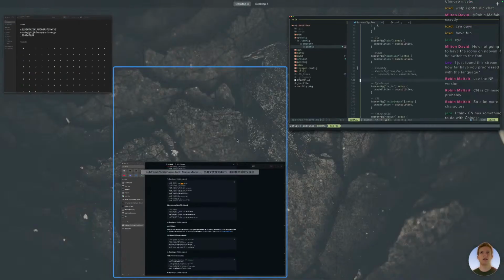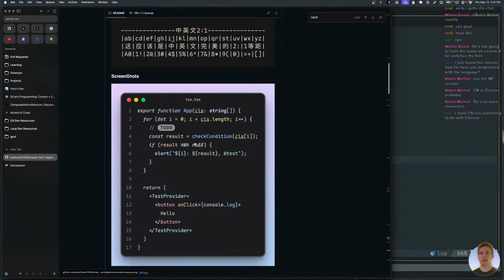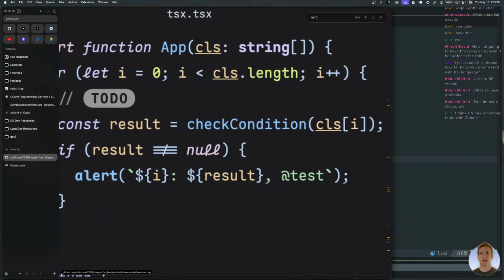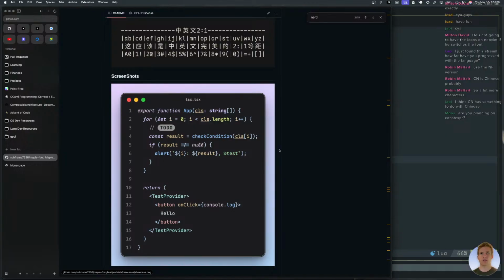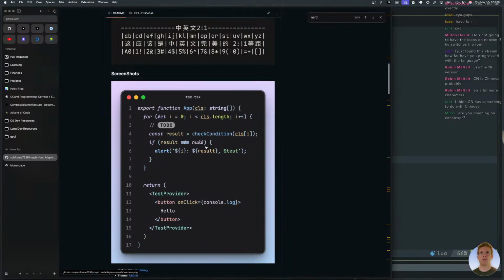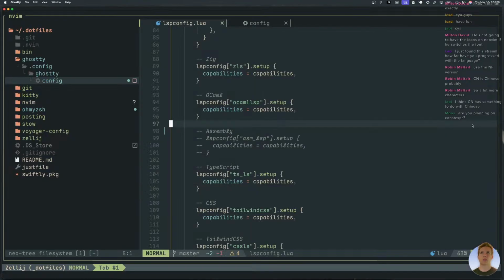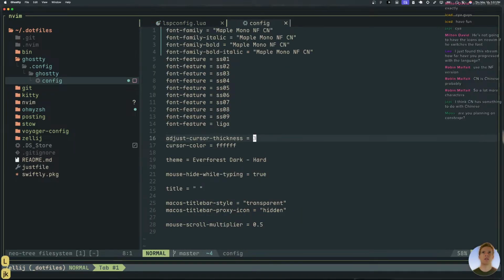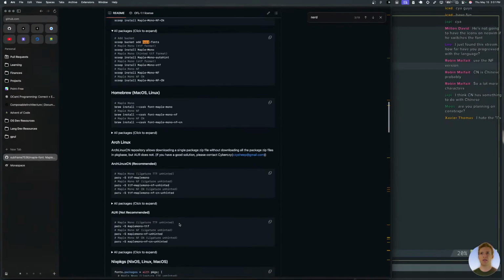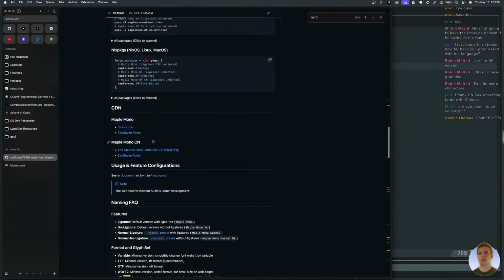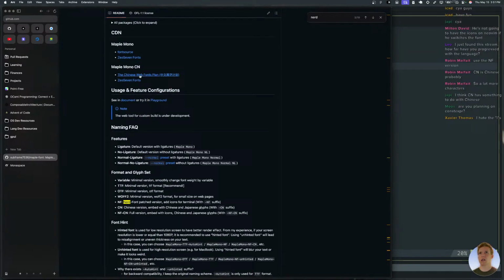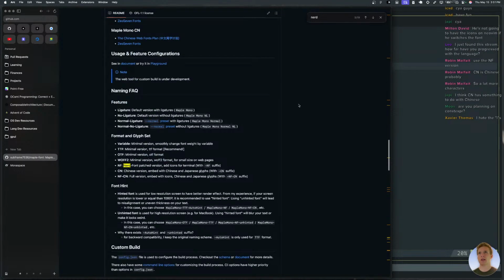It showed, like, the two L's and the null going together. How do I get that? Is there some way I turn on all the ligatures? Oh, font feature. That's how I did it for the other one. Oh yeah, CN did have to do with Chinese. Okay. Feature configurations.